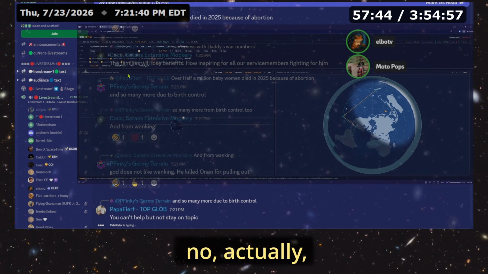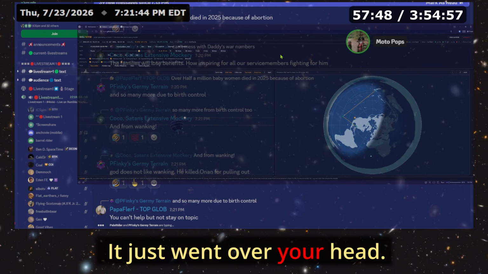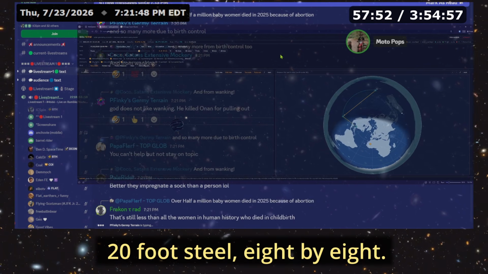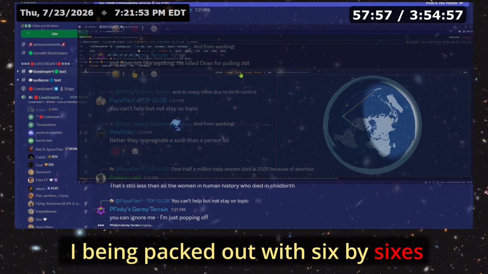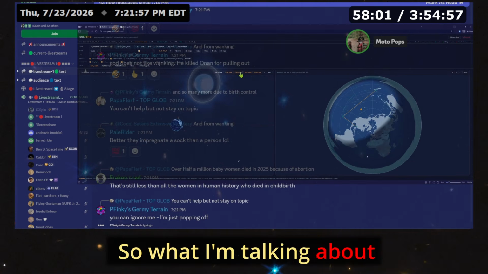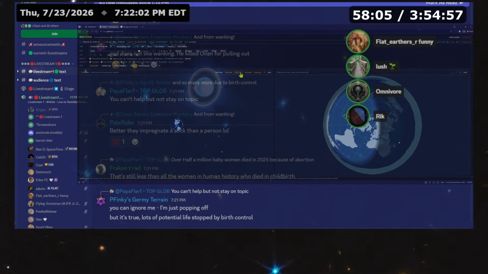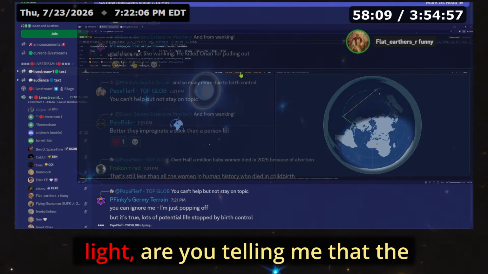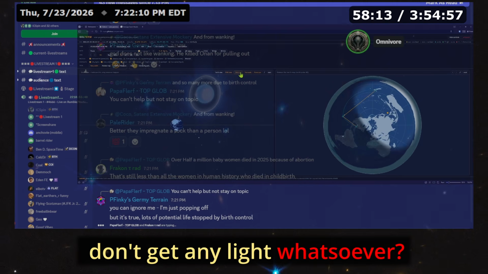No, actually, I put in a 1,000-pound, 20-foot steel 8x8 I-beam packed out with 6x6s by myself to make an open concept. So what I'm talking about is within an open concept. Are you saying you can't see your light? Okay, so tell me when you put on that light, are you telling me that the farthest parts of the room don't get any light whatsoever, or do they just